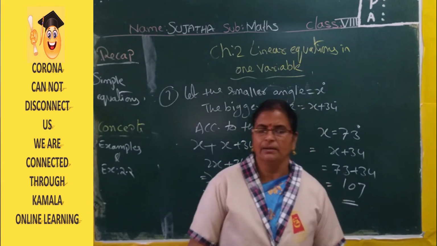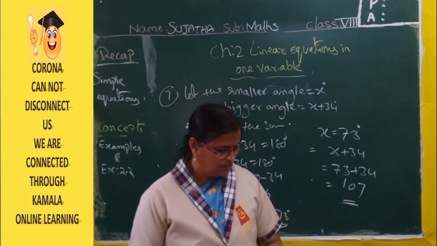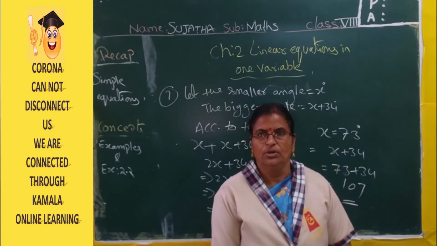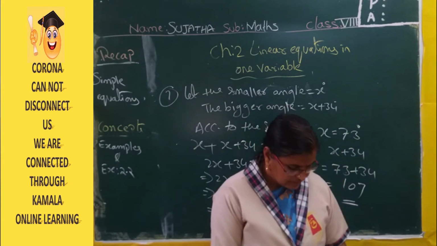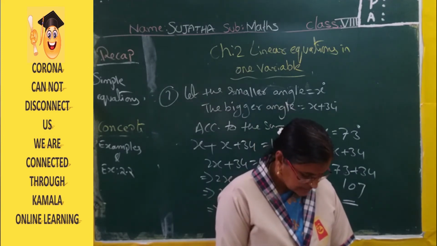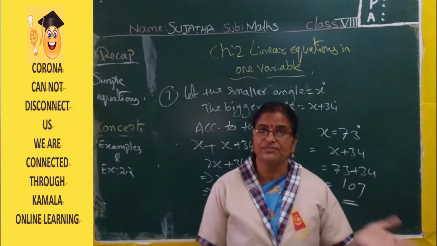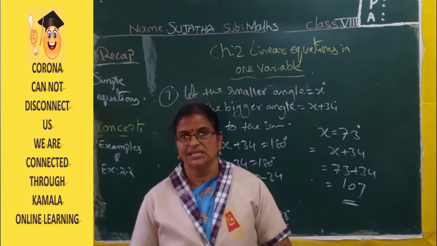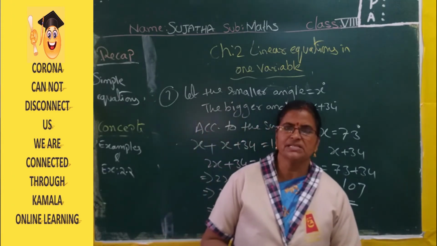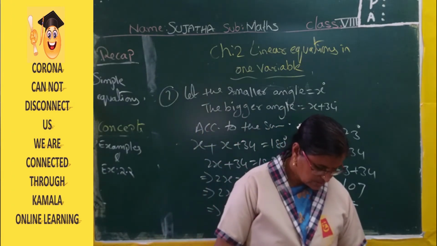Here Vijaya and her mother, both ages we are taking. So Vijaya's present age we don't know. So, present ages we will take. First, Vijaya's present age will you take? It is x years. Then her mother's age will be after 6 years. After 6 years, what is the age of her mother? X plus 6. Okay.